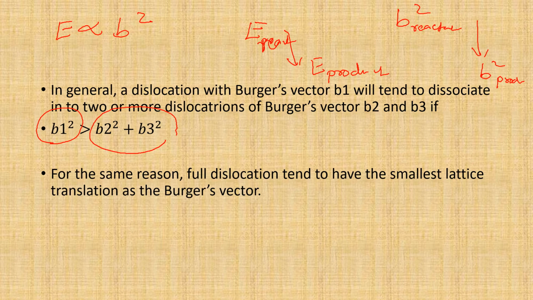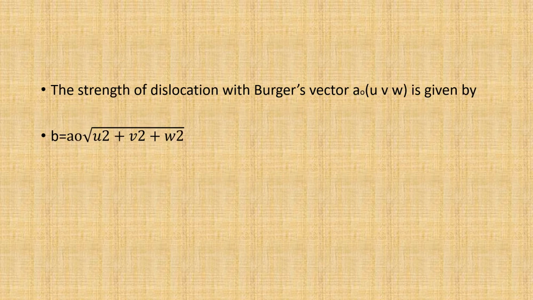For the same reason, full dislocation tends to have the smallest lattice translation as Burgers vector. Now, how to find the strength of dislocation with Burgers vector? If you have a Burgers vector a0 [uvw], then how to find the strength of the dislocation, or the Burgers vector? We can calculate b equal to a0 times root of u square